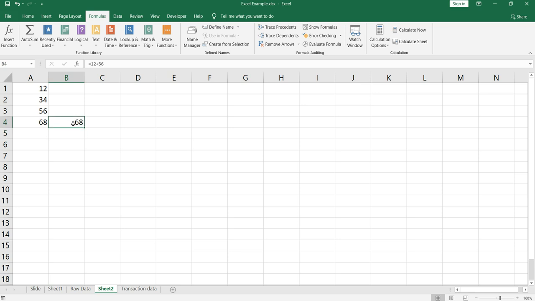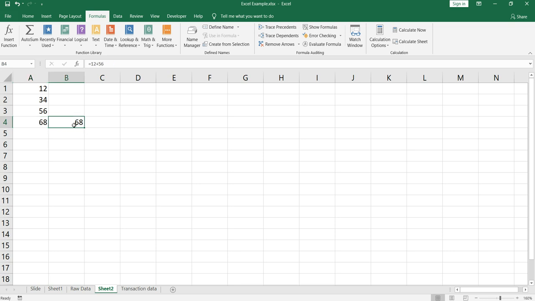But right now there is a difference between this cell B4 and this cell A4. The reason behind it is that cell A4 contains the relative address of the cells which have a particular value. These two cells A1 and A3 have the values 12 and 56, right? Whenever these cell values change, this addition will get updated.